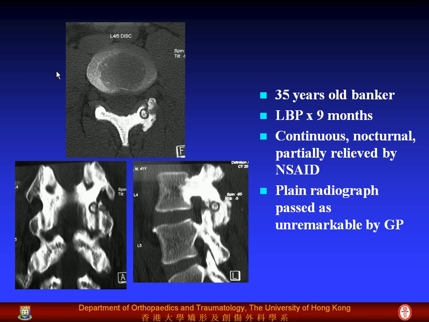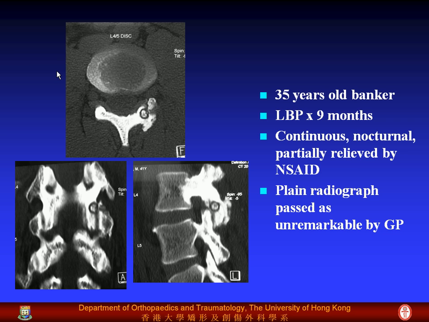We'll also start with a case like this. A 35-year-old banker, low back pain for 9 months, continuous nocturnal pain, relieved by NSAID. The first plain radiograph was passed by the GP as unremarkable, and he was sent home. So he had this back pain for 9 months until he was seen by an orthopedic surgeon and had this